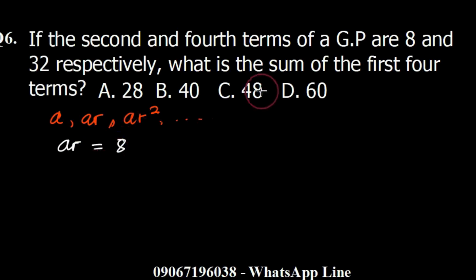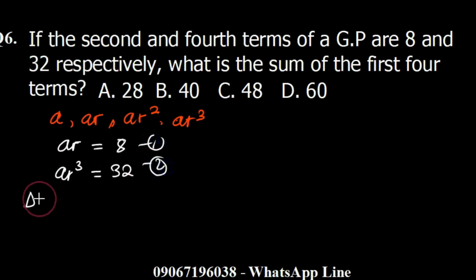And the fourth term, so this is the first term, second term, third term, the fourth term is going to be AR cubed. The fourth term, AR raised to power 3, is equal to 32. Now we need to first of all find the value of A. To do that, this is equation 1, this is equation 2. So we're going to divide equation 2 by